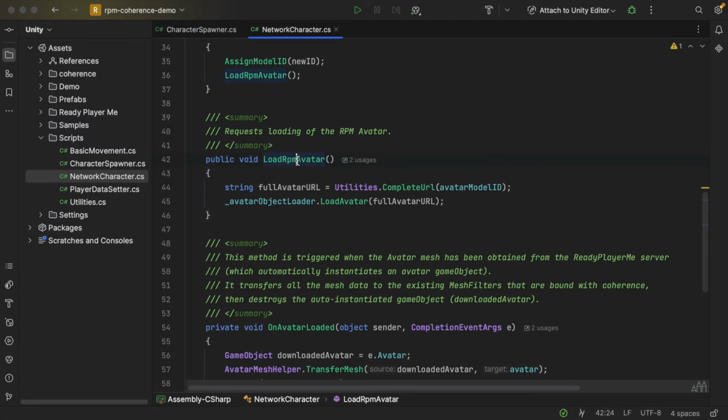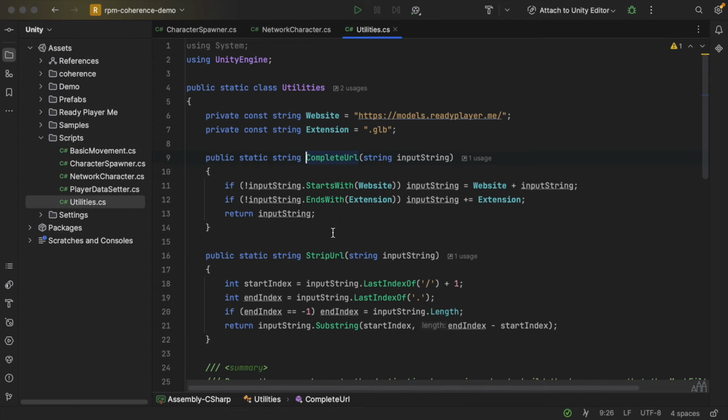Load RPM avatar is the method where this prefab connects with the Ready Player Me servers. You can see that we basically transform the avatar model ID into another string, and this is just because the user might have typed the complete URL and we just want the ID. So you can check the functionality of this utility method, but it's doing nothing else than just trimming the string.